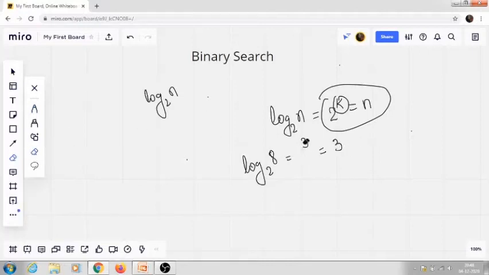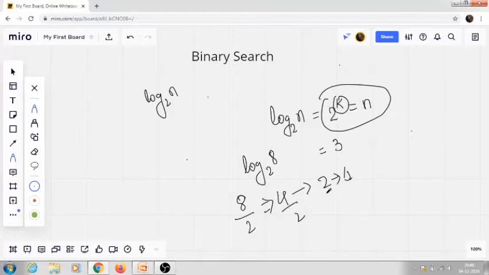So this is what log is. What does it mean actually? It means how many times we can divide 8 by 2. So 8 goes to 4, then 2, and then 1. We are just dividing it. How many times are we dividing? 1 time, 2 times and 3 times.